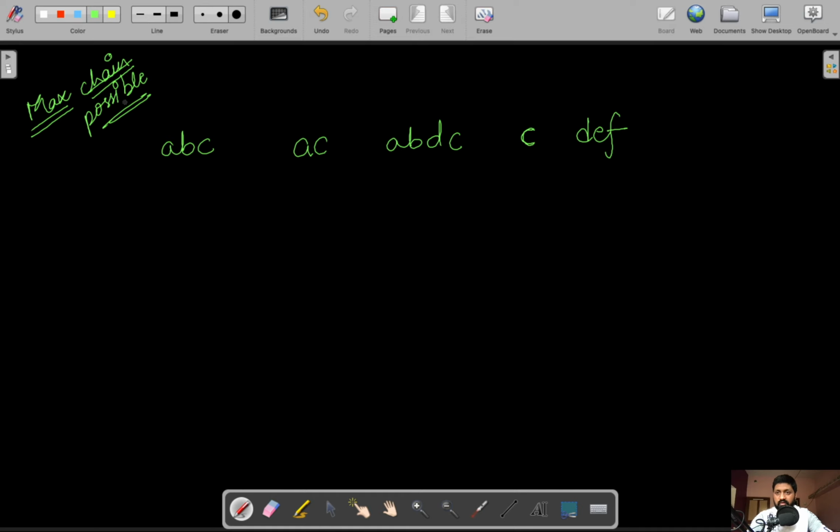Suppose we are given this set of strings like ABC, AC, ABCD, C, D, E, F in the form of an array, or we can say in the form of a vector. What a vector is and all, I will explain while doing the code. We have to find the maximum chain possible out of these strings. What maximum chain possible means is that the next string in the chain should have length 1 greater than the previous one,